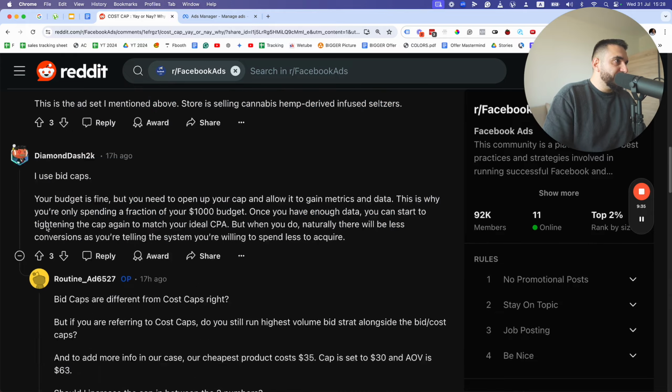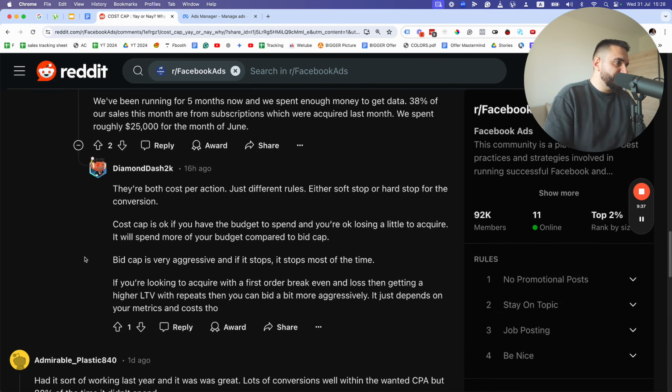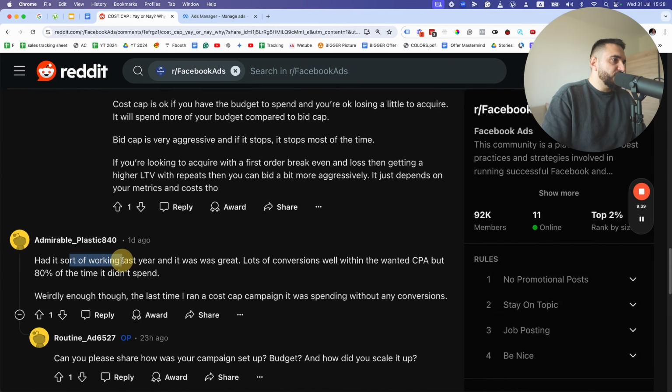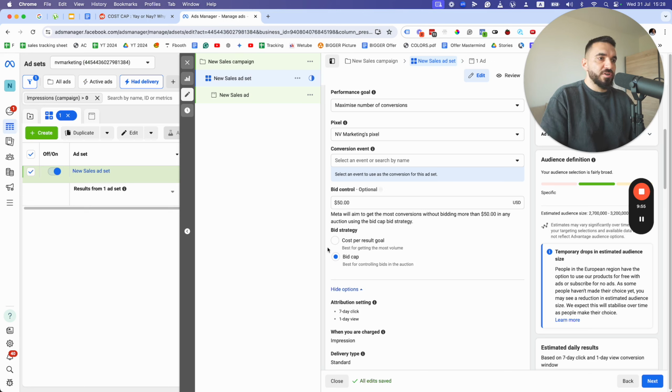And this guy, again, another guy says, here it's sort of working last year and it was great. Lots of conversions, well within wanted CPA, but 80% of the time it didn't spend. And this is the big problem that people have with bid cap. If it didn't spend, just increase the bid cap, give it like 20% more. So here, if you see that it's not spending at $50, increase it to 60, give it today, then go for 70, give it another day, until you find a winning